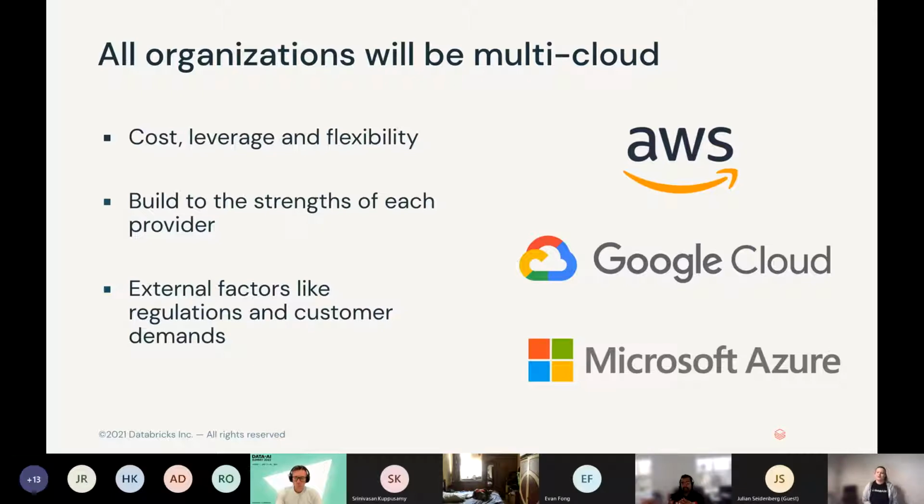Another thing would be external factors. Some customers might have regulations that require redundant environments, so they have to have different environments. It also allows you to be a bit more future-proof, because things happen. We do have outages, and sometimes if something goes wrong with AWS or Azure, quite a few companies or websites go down. So it would be really nice to be more resilient to that, and more future-proof.